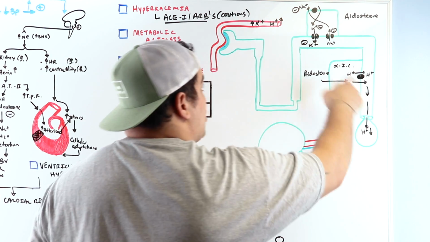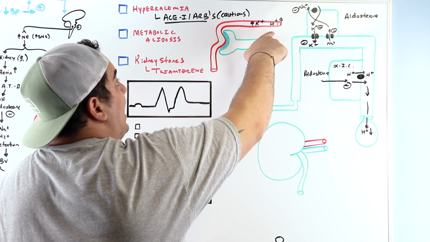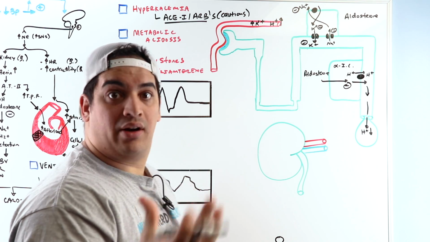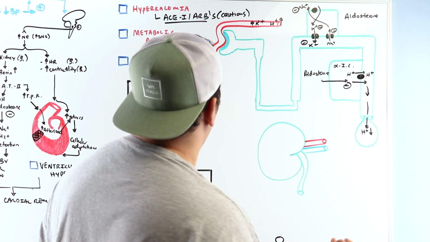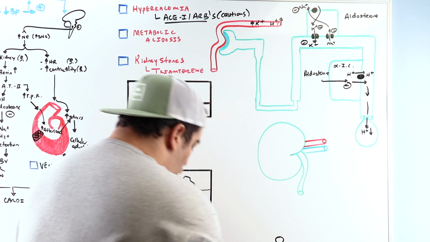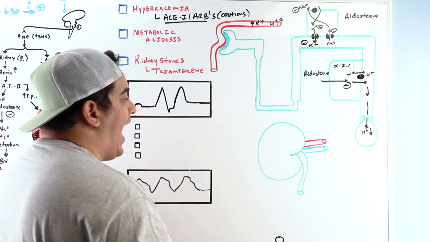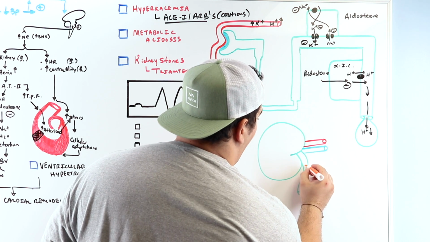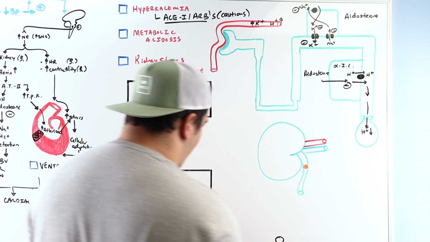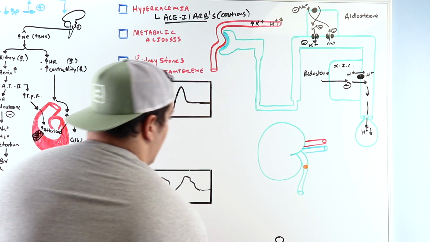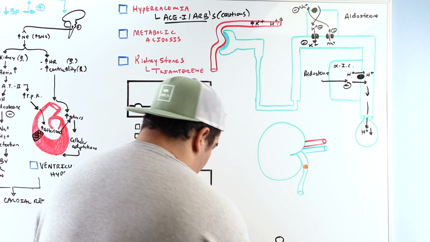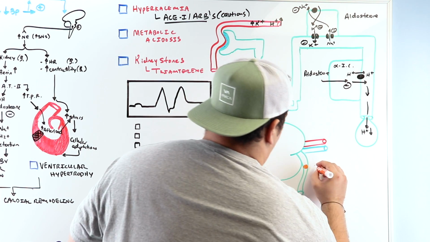Because if we're excreting less, we're retaining more. And that is the potential of this drug in higher concentrations. And again, what do we already say? We know that Triamterene has the potential, and we don't know exactly how, but we know that Triamterene can produce kidney stones. So again, remember that there is the potential of kidney stones